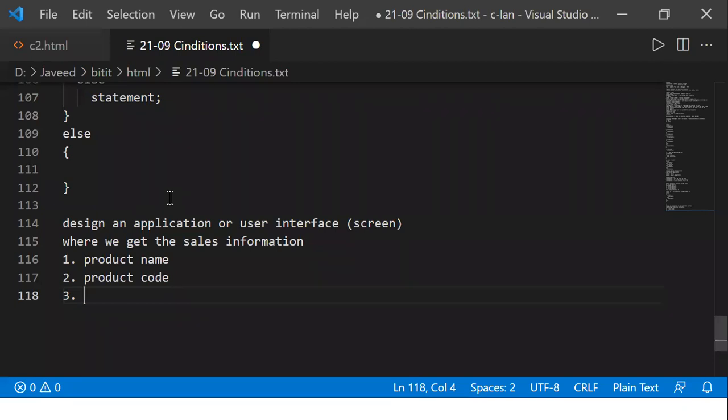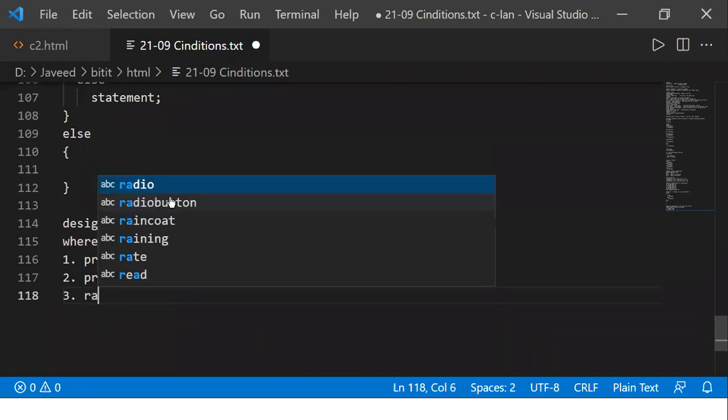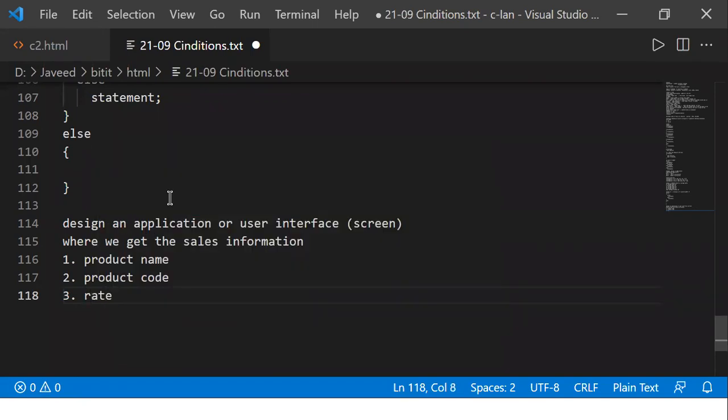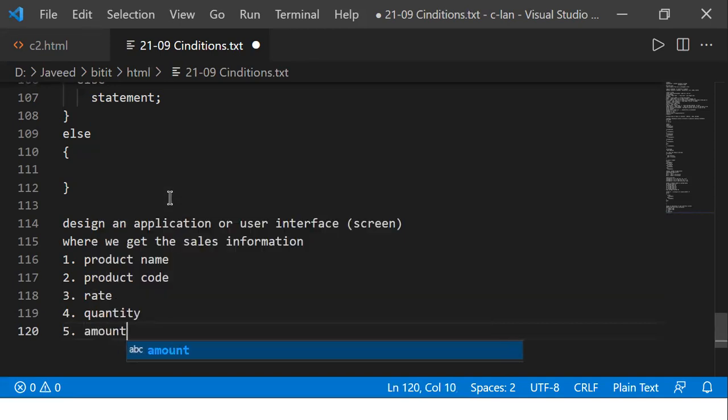Now we are not talking about that kind of automation, because that takes a different kind of coding. We'll talk only about a simple application, where my user interface screen is very simple and I need to manually key in the product name, the product code, the rate of the product, and the quantity of purchase, and then find out the amount that has to be paid.